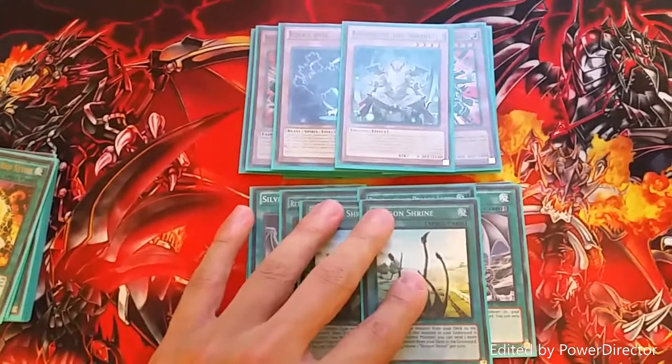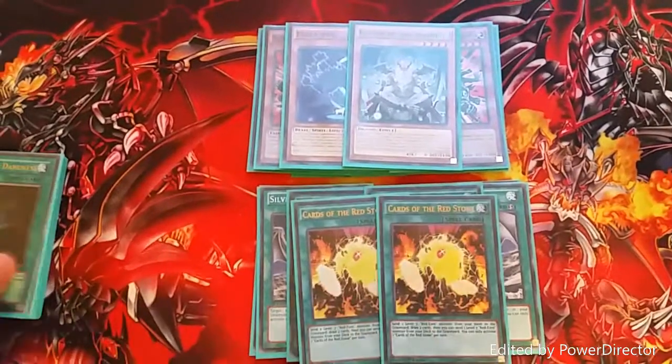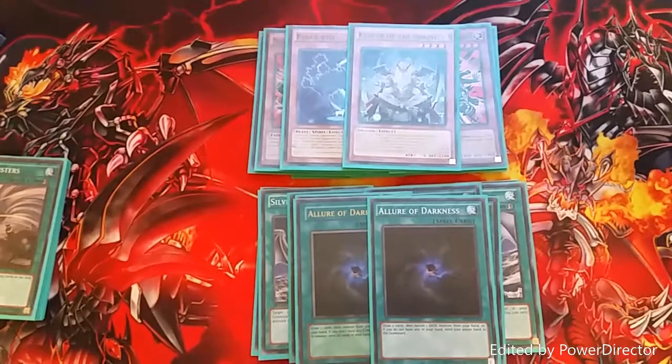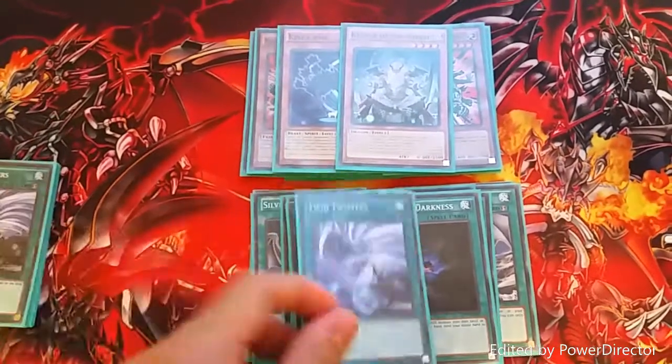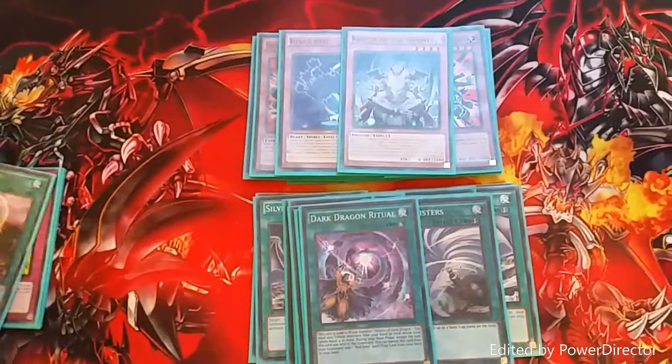We run 2 copies of Dragon Shrine, lets us double Foolish. Double Foolish is always nice. We have 2 cards of the Redstone and 2 Allure of Darkness for draw power. We got lots of darks, and we have lots of Red Eyes that we can get rid of as well, so having the draw power is nice. 2 Twin Twisters, tons of discard fodder. Then we have...